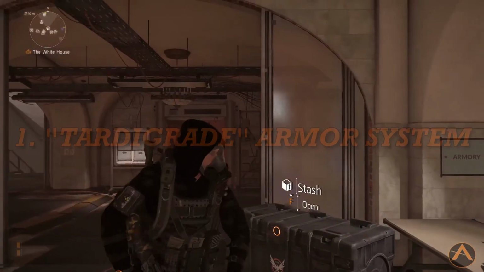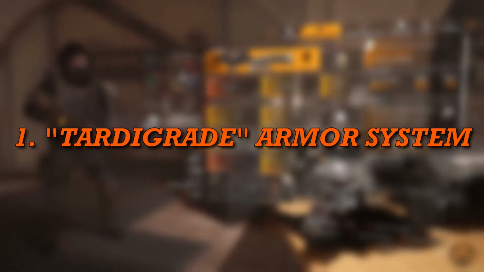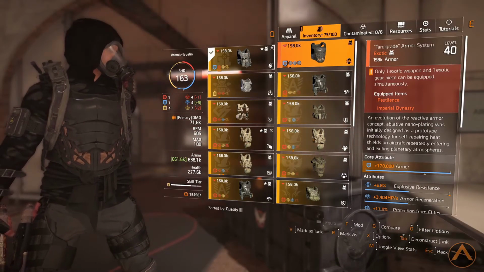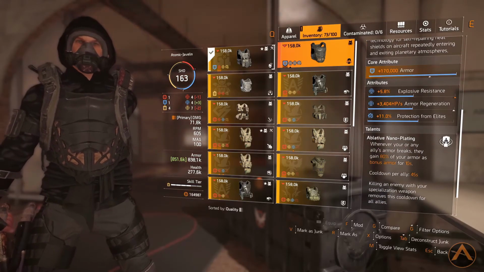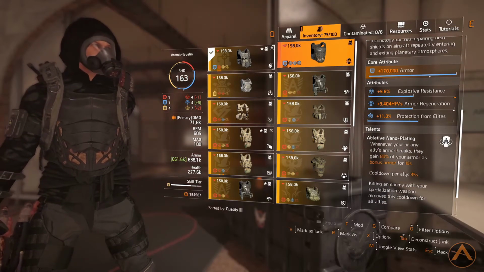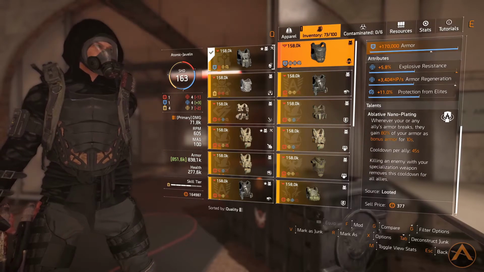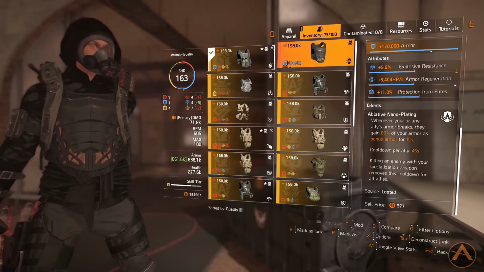But on to our number 1 slot, it is the Tardigrade armor system. This isn't really a surprise. This is probably by far the best exotic they introduced in the game. As you can see, it has ablative nanoplating, which is whenever